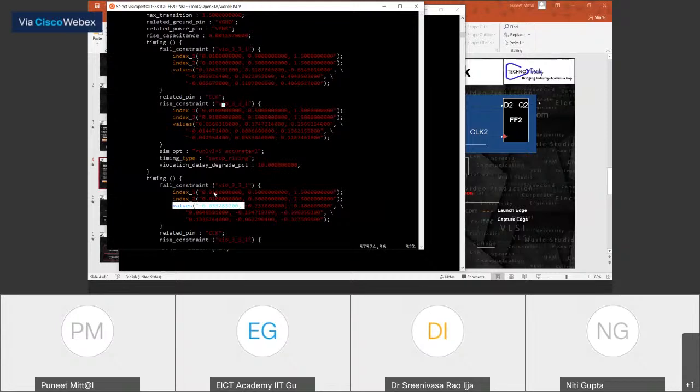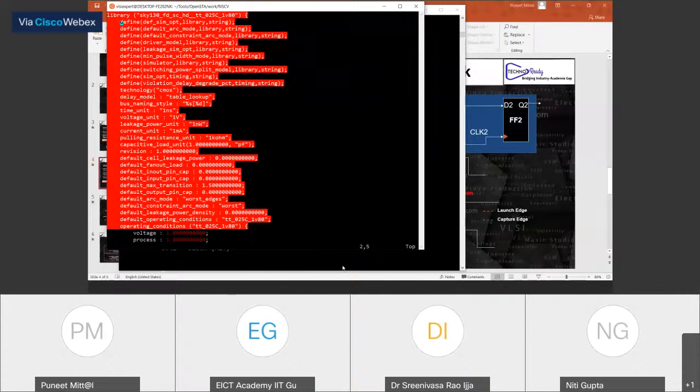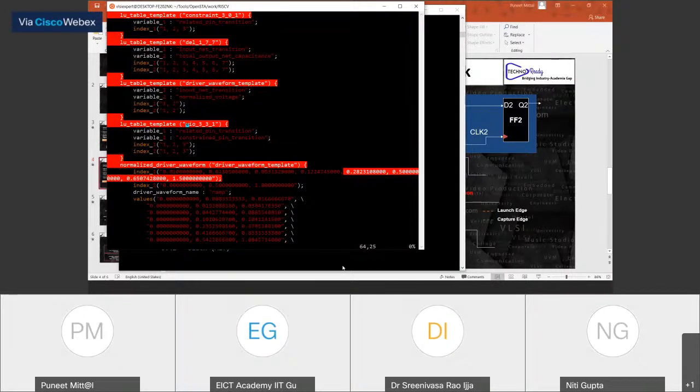Now, in this case, you can see the setup and hold values have certain metrics. That means these setup and hold values are not a single value. It is in the form of a matrix. And what is that matrix? If you want to understand, see, this is the way we have discussed that day. Like, okay, it is going to be something like that. Let's see. So where is that lookup table? This is the lookup table.